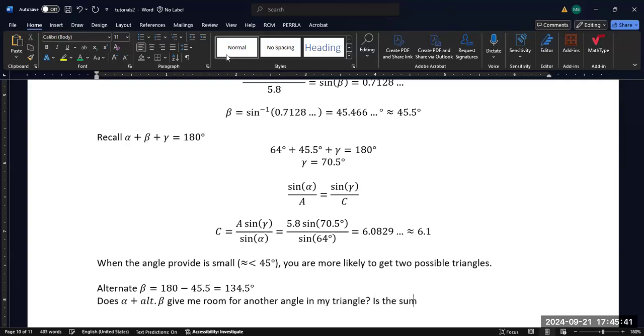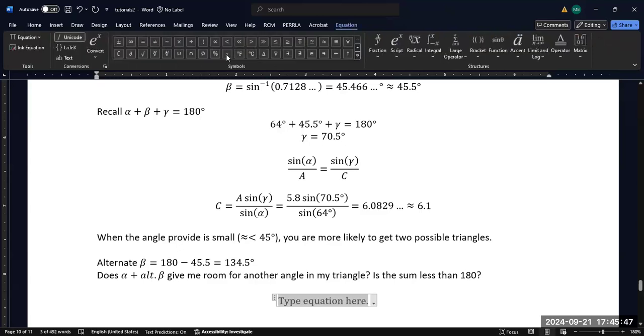So is the sum less than 180? Well, in this case, 64 plus 134.5